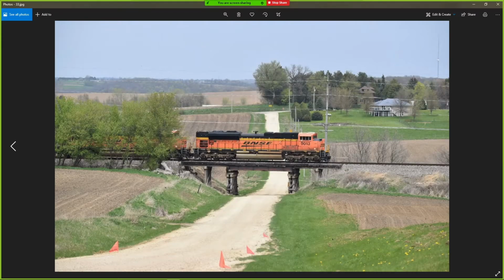Okay, now we make a pretty good jump east to just east of Epworth, and this is about a mile and a half west of the Piosta siding, and this is a really neat shot of one bridge that